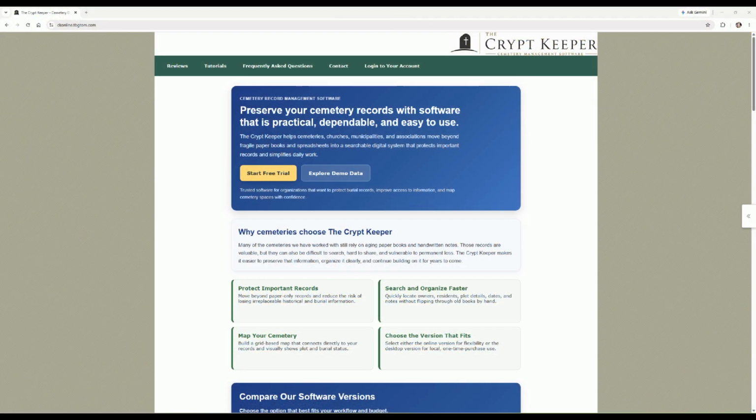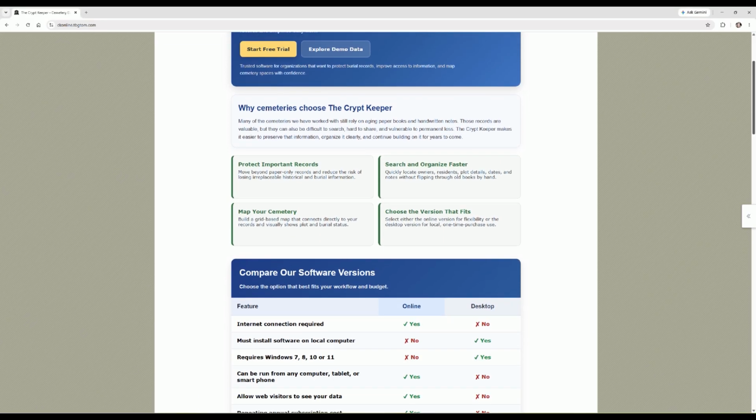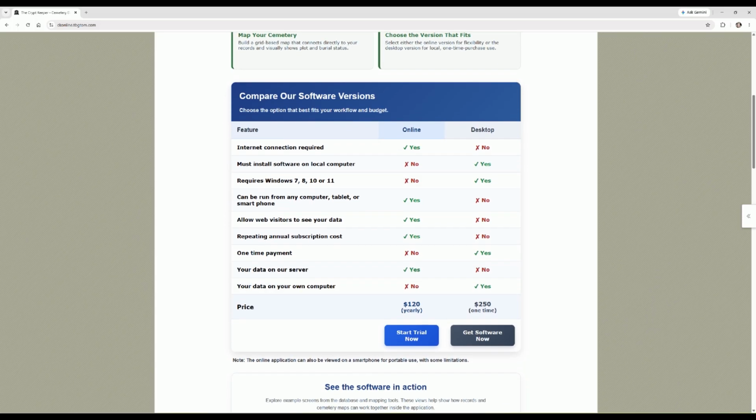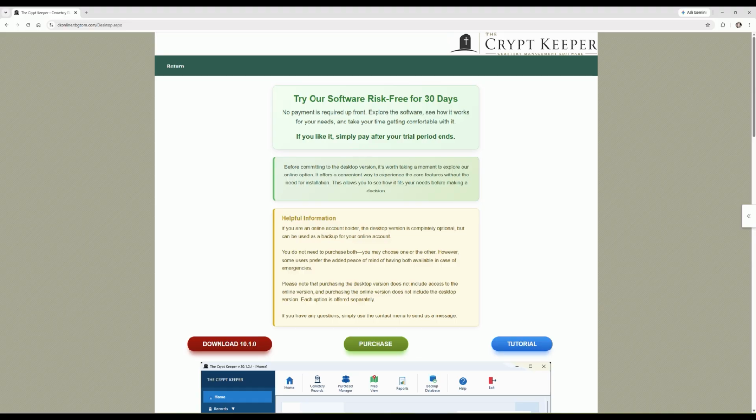The Crypt Keeper desktop version can be downloaded directly from our website. Start by visiting the TBGTOM website. From the home page, scroll down until you reach the Crypt Keeper section and then select the option to get the cemetery software. This will take you to the desktop version page where you'll find information about the software along